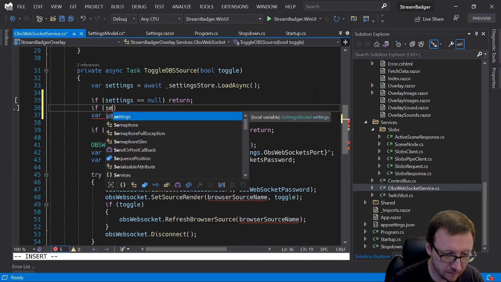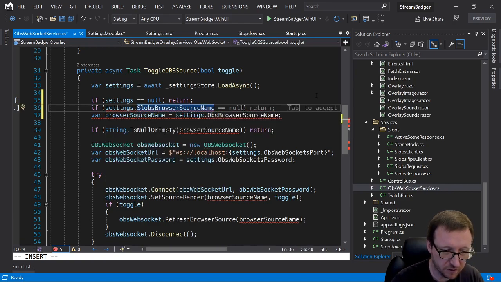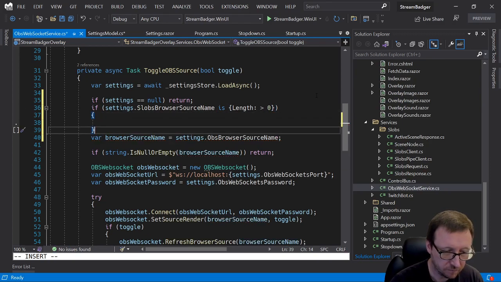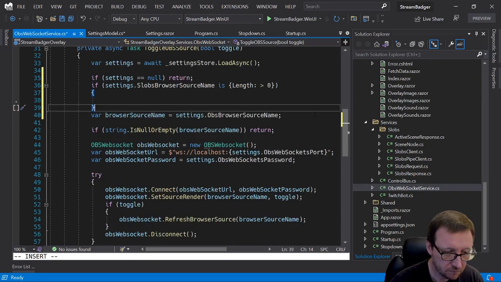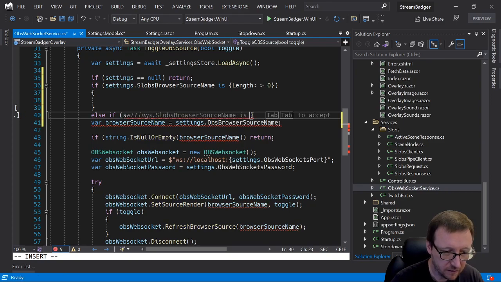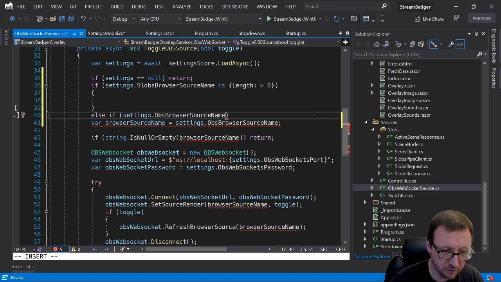If settings.slobs browser source name is length greater than 0, else if settings.obs browser source name is length greater than 0,